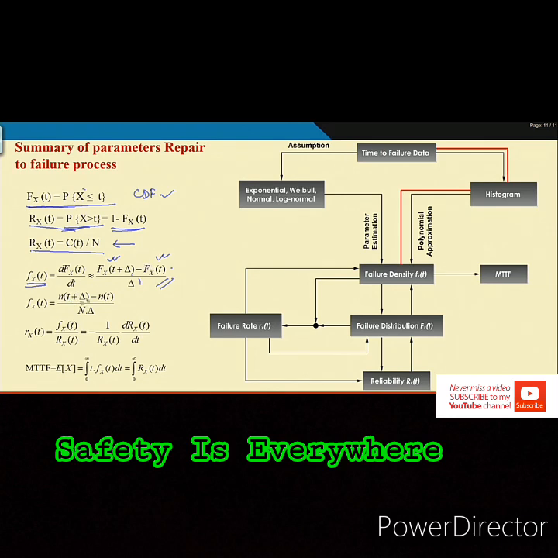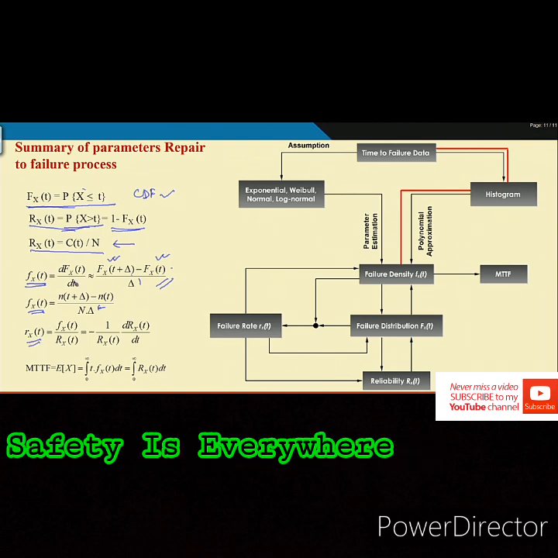So, that data is n(t + Δ), the number of units failed at time t + Δ, minus the number of units failed at time t, divided by the total number put under test, and the interval of time for which Δ is the interval or unit of time you are considering. So, this also we now have, and with examples you know how to compute it, plus R(t), which basically we have discussed today. So, last class we discussed up to this.